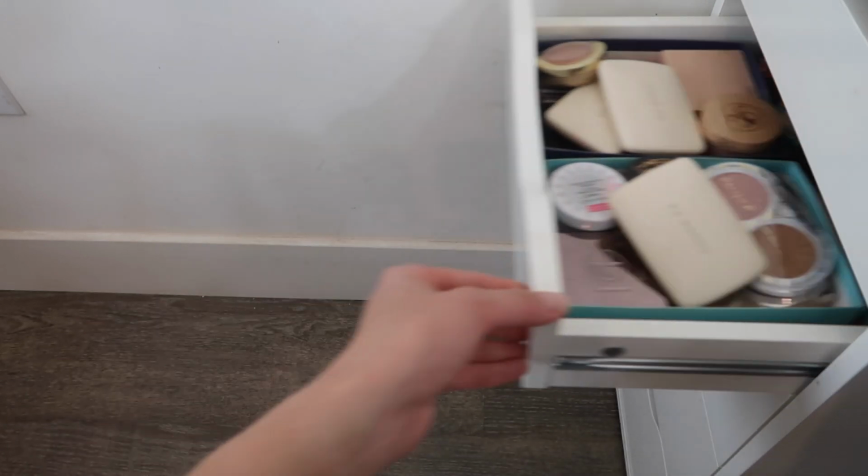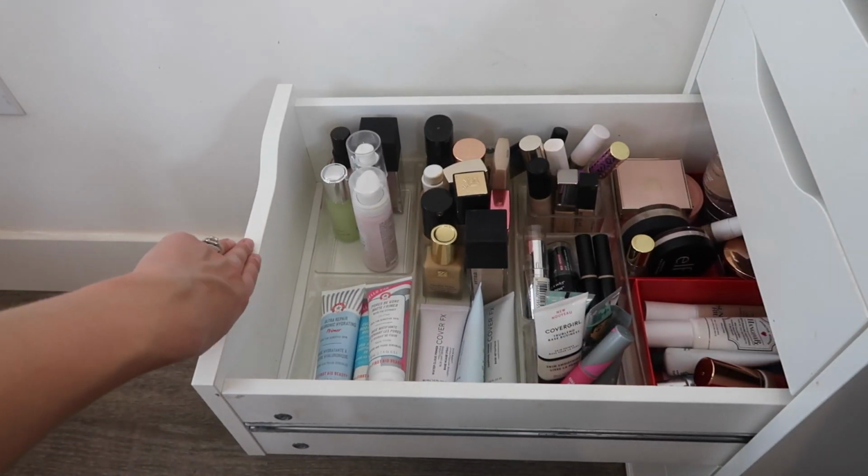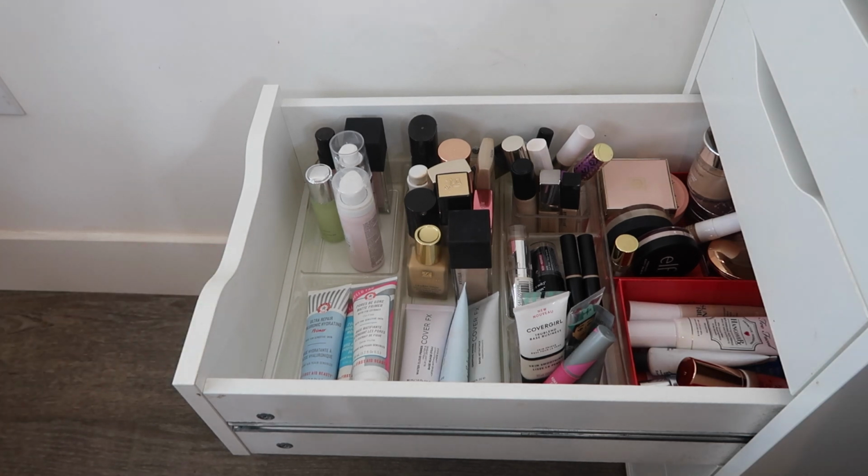I had a really good time reorganizing my foundation drawer. I just love this so much. It makes me so happy. I will link that video below if you guys want to see how I reorganized and decluttered my foundations, primers, concealers, everything like that. So it makes me really happy every time I open this, and I feel like now